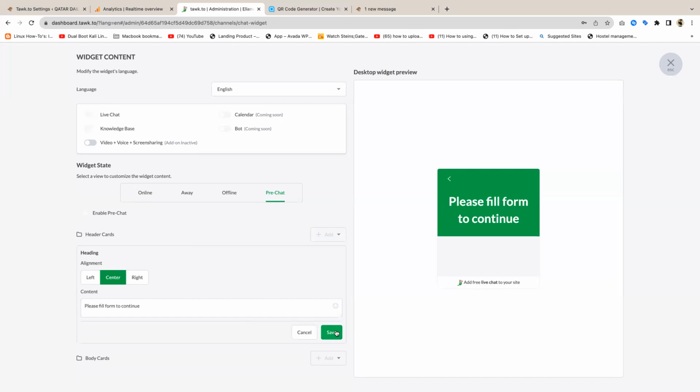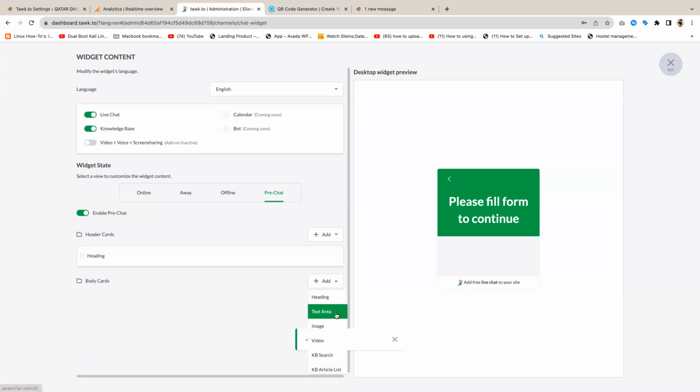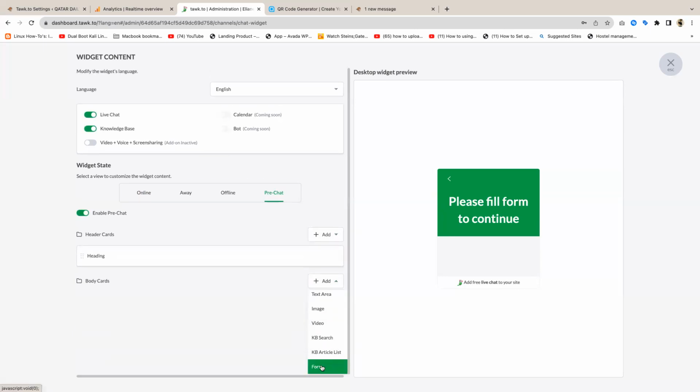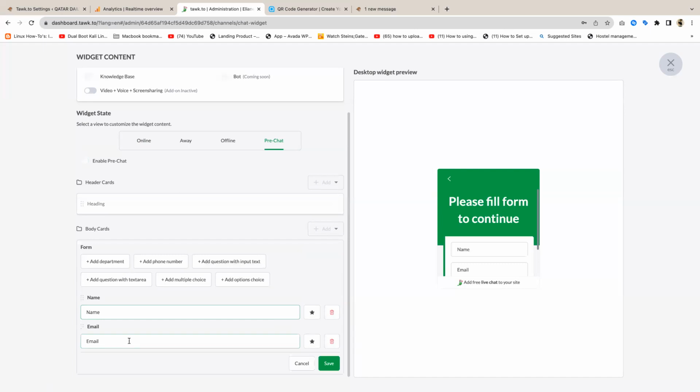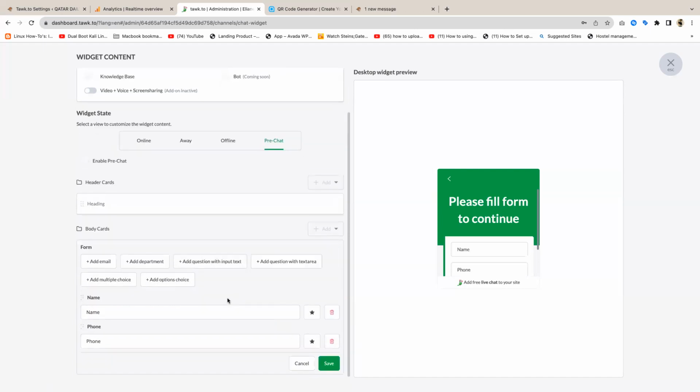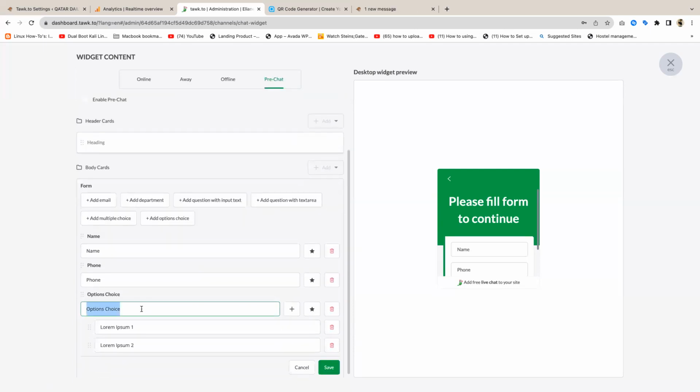And then you're going to set save body cards. We're going to add body cards. Let's say I'm going to add a form, not the text area. In the form, we can say name. I don't want email, I want phone number. So phone number. And I will also want to add a multiple choice saying that